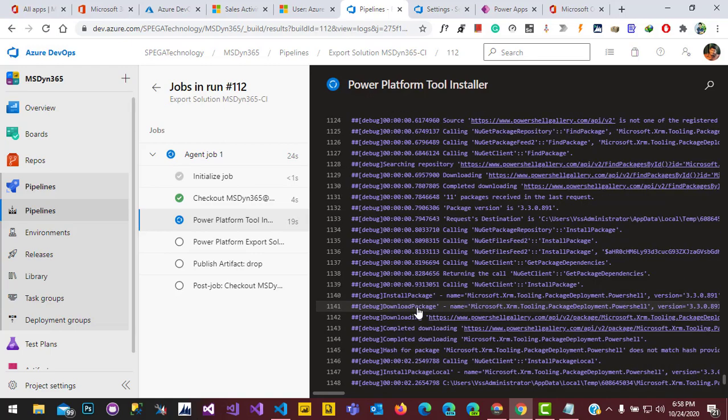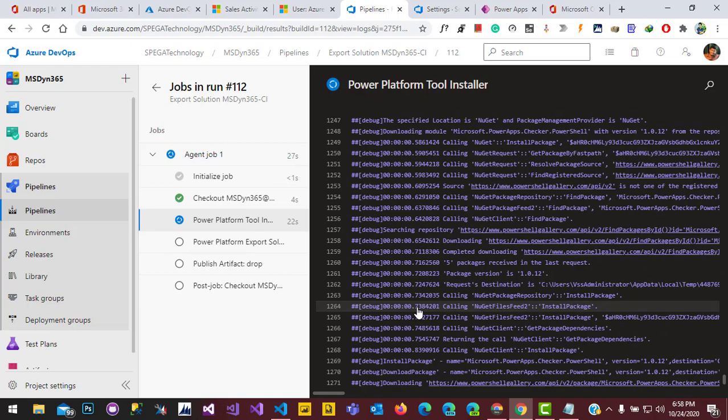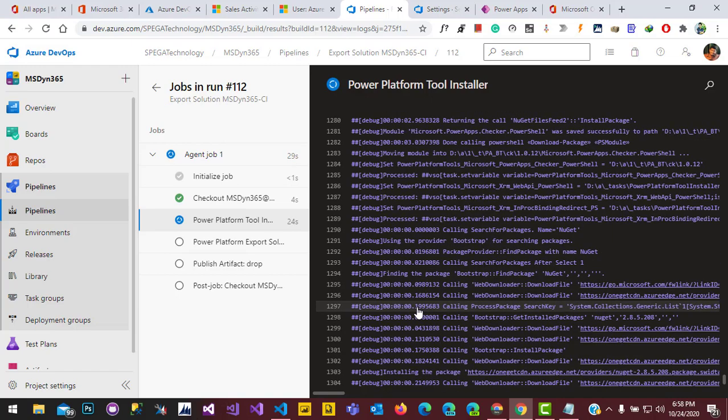Now the Power Platform tool installer is installing some packages.